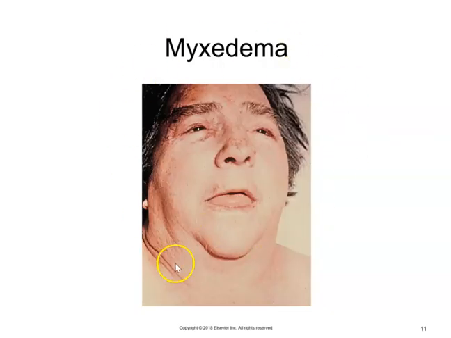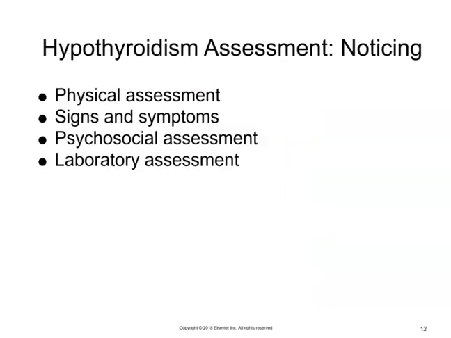So pictured here is a client with myxedema. So we have some weight gain, and we see here that this individual's face is pretty swollen, including their tongue. So again, with hypothyroidism, same as hyperthyroidism, there's a chart in your book. So make sure that you're noting the differences between the two. So hyper, everything's ramped up. Hypo, everything is slowed down.